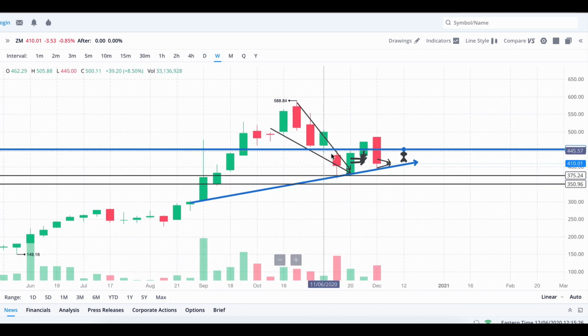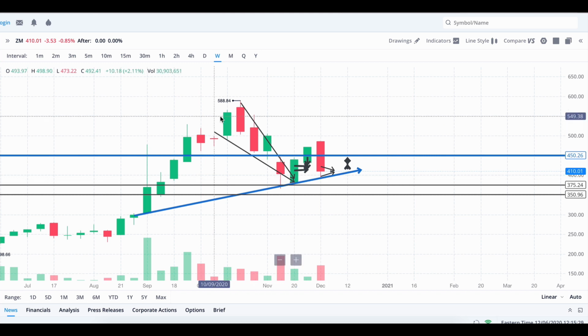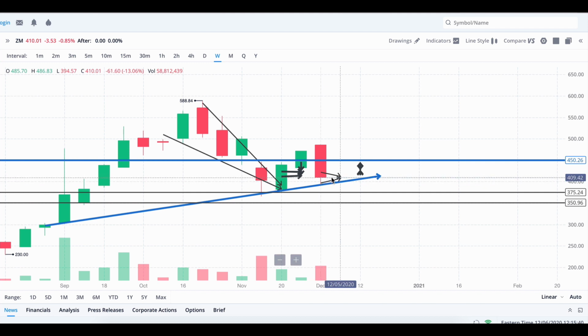Overall, it's actually looking good on the weekly because it's basically retesting this support. It did have a big sell-off this week, but it's just showing consolidation over the last few trading days. So that's again why I'm bullish, because I'm looking at the weekly time frame also, and it shows me good signs. If this red candlestick was to be under the support line, okay, there's where I would be a little bit more worried. I wouldn't even want to take a position,